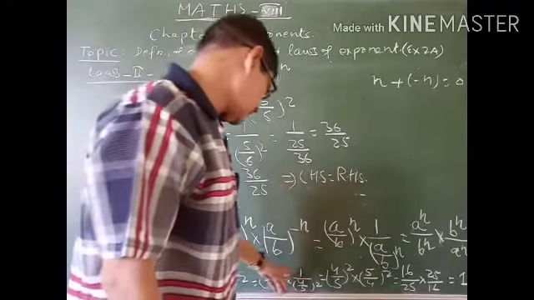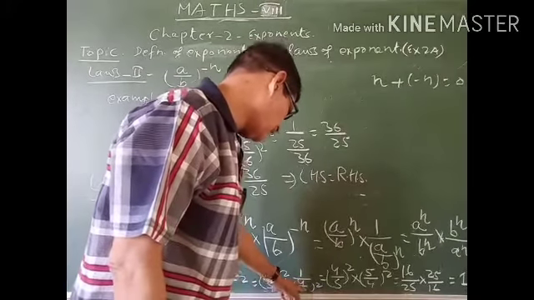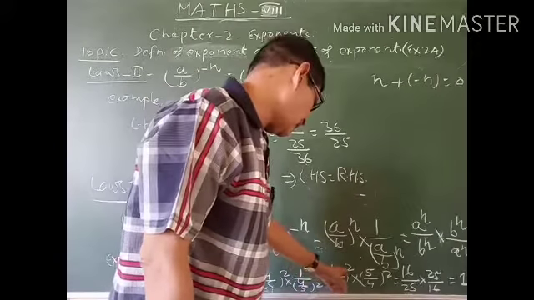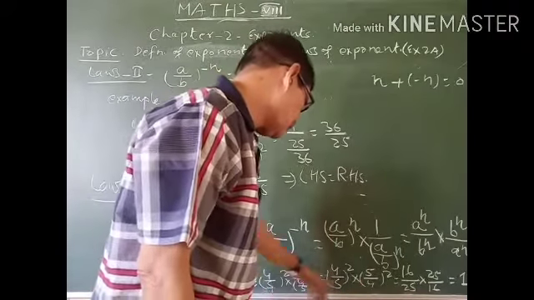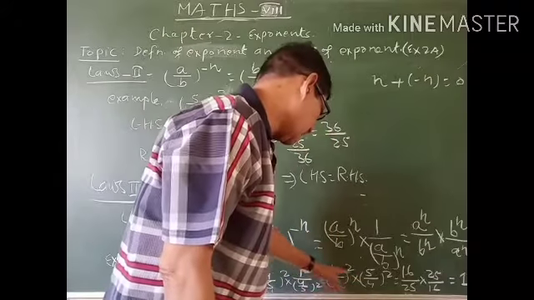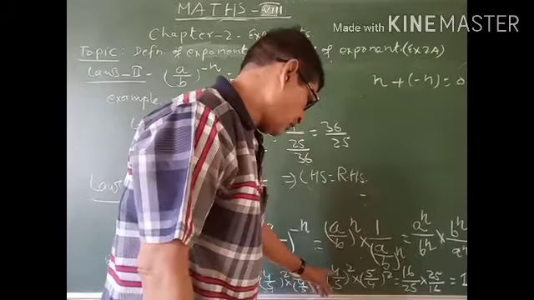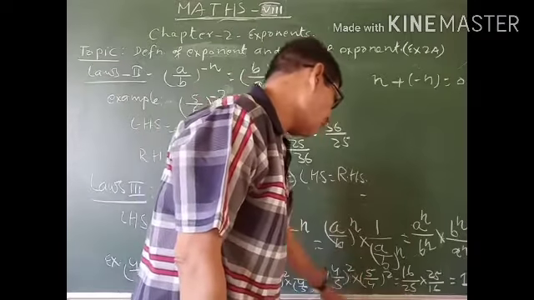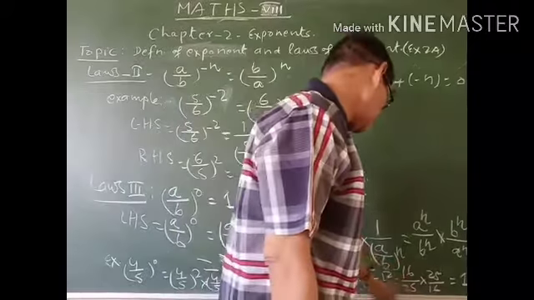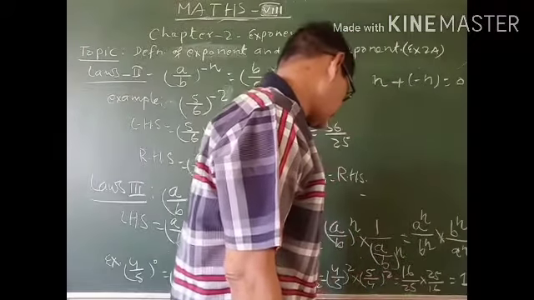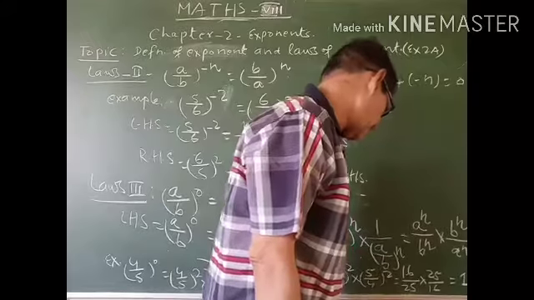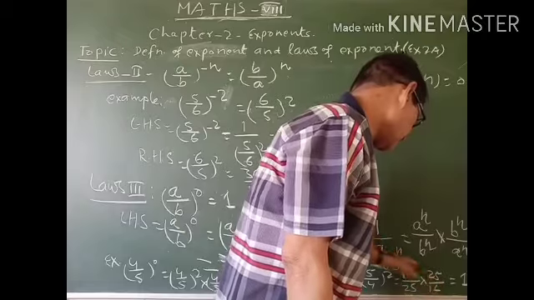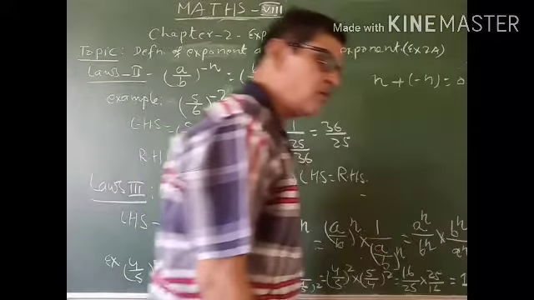And you can write here 1 by (4/5) to the power 2. And this is how this will become (4/5) to the power 2 into (5/4). This is the reciprocal of this. 4 by 5 ka reciprocal, inverse, what will it be? 5 by 4. Now write the value of this. 4 fours are 16, 5 fives are 25. This will become 25, this will become 16. On cancellation, you will get equal to 1.